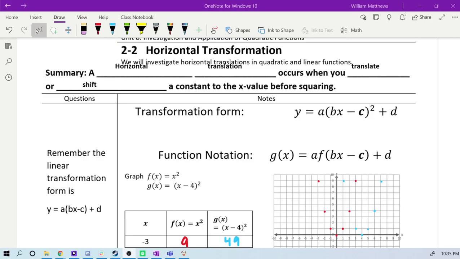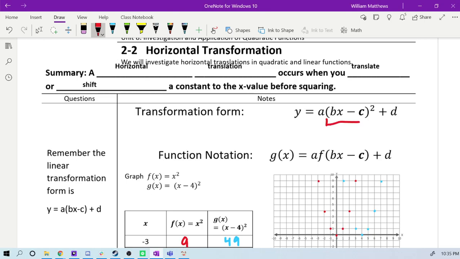Today we're going over horizontal transformation. The one in particular will be the horizontal translation, which occurs when you translate or shift a constant to the x value before squaring. Now if we look at our transformation form, which is also known as the vertex form,